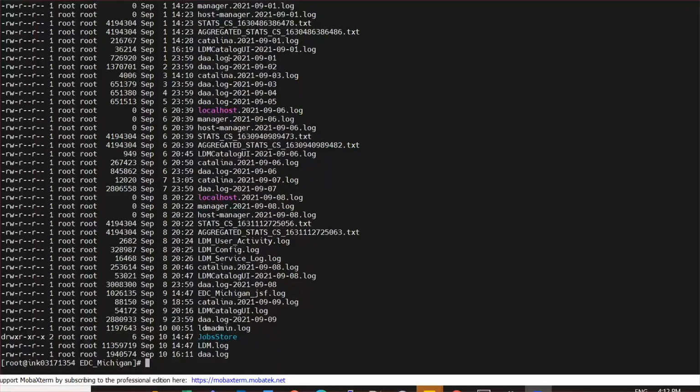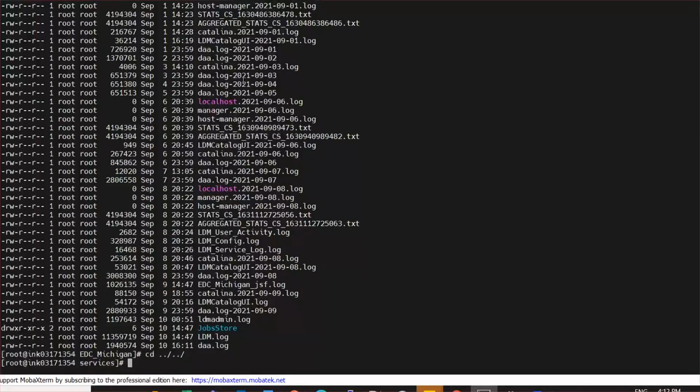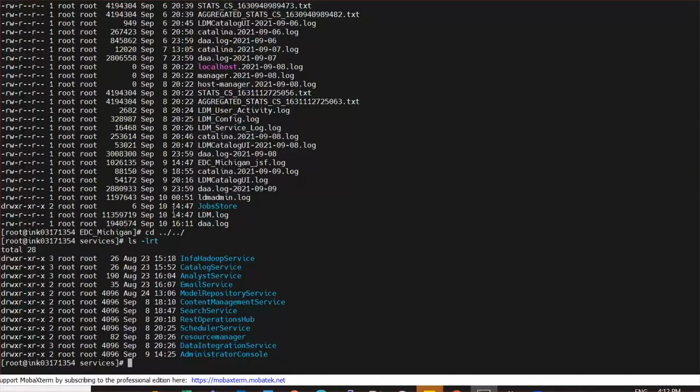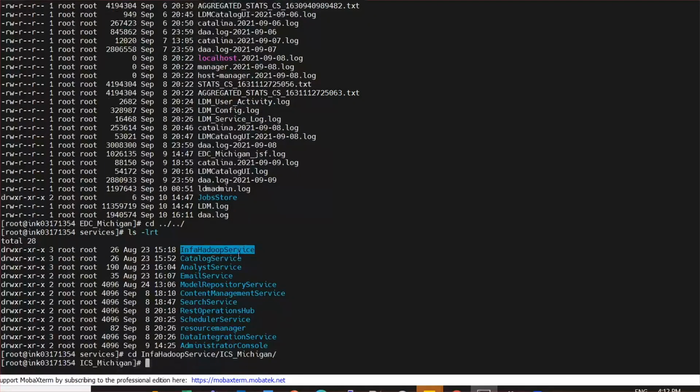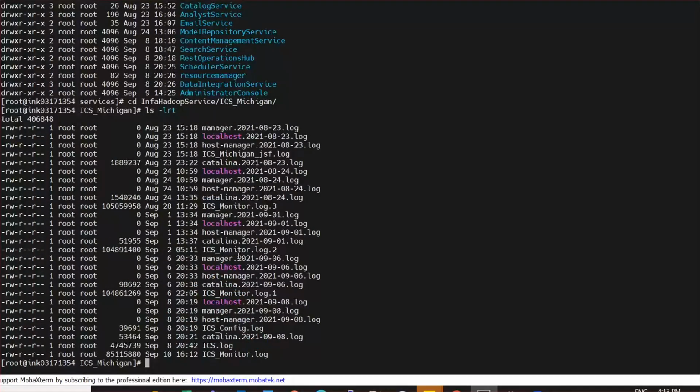Similarly, to get ics.log, go inside the Infra Hadoop directory from the services directory, and you can find ics.log for the cluster service configured on the EDC domain.